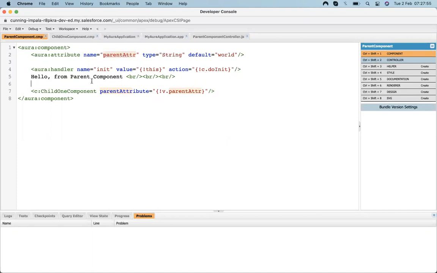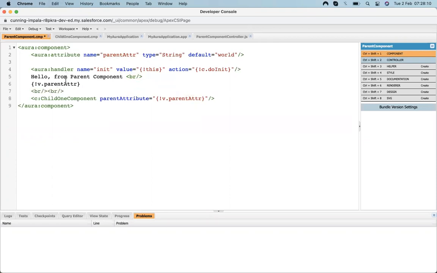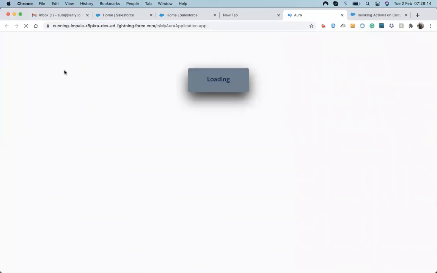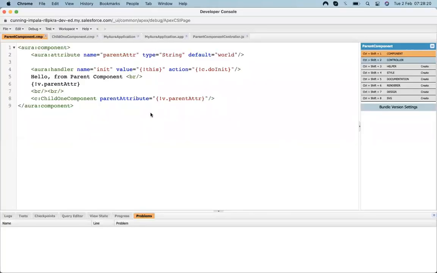So let's find a value from parent attr, just to show. Okay, Batman here, it's passing to here. Let's create a button that will change the value.